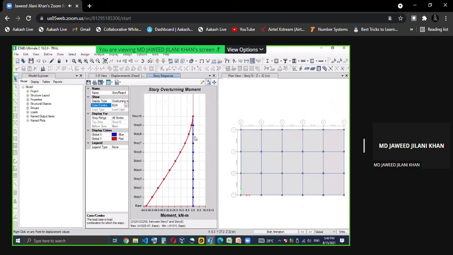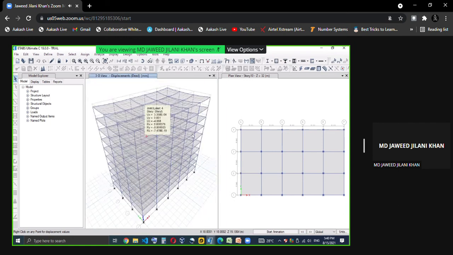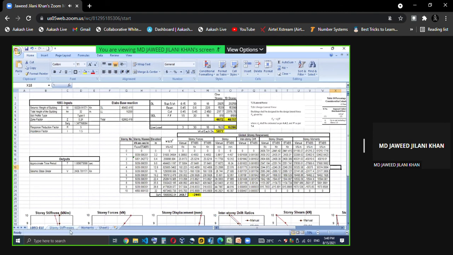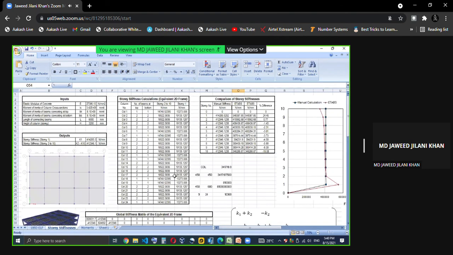And with this, I want to end the same. We will go for the response reduction factor and the response spectrum method also. In the next video, we will bring up the details about the Excel sheet manual calculation for the response spectrum method. This is for the static method, where we have calculated all values, calculated the thickness manually, and compared the result with ETABS.